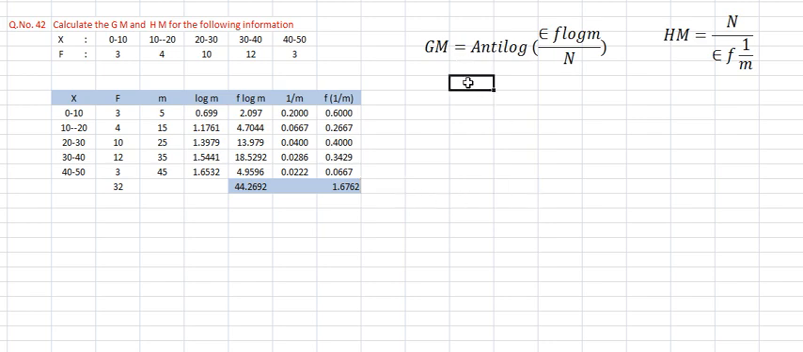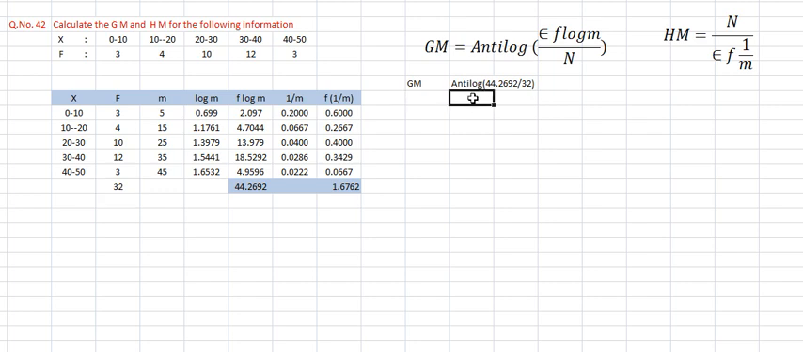Now move to the solution. Geometric mean: you first fill in antilog of the bracket, summation of f log m. How much is f log m here? The same number, so you have to write 44.2692 divided by N, which is 32. N is 32 here. Now the answer is...